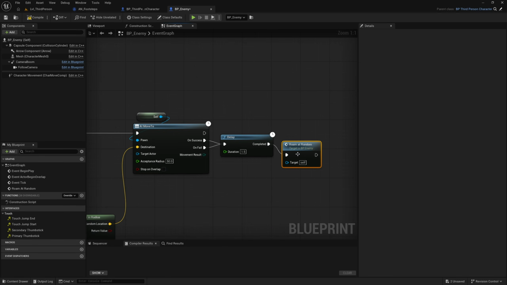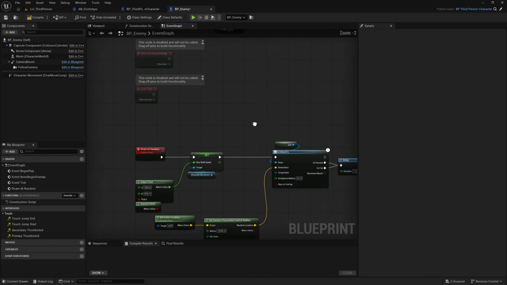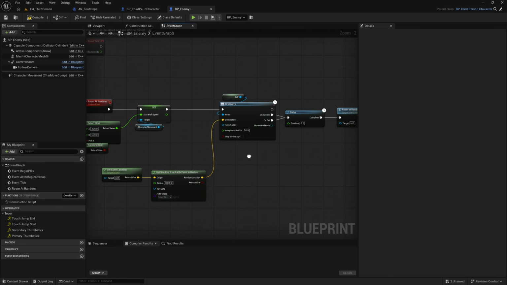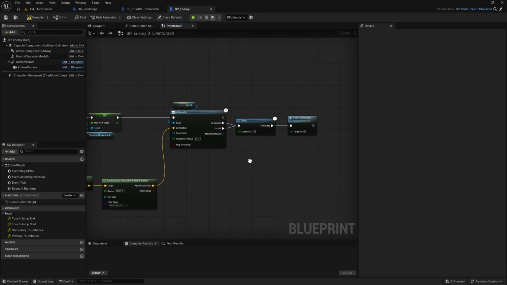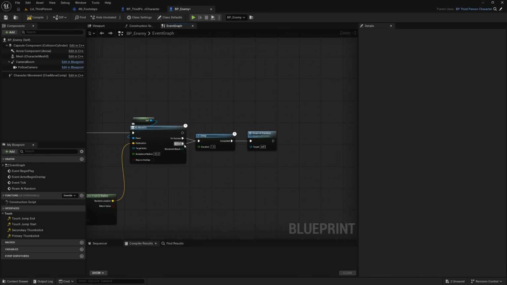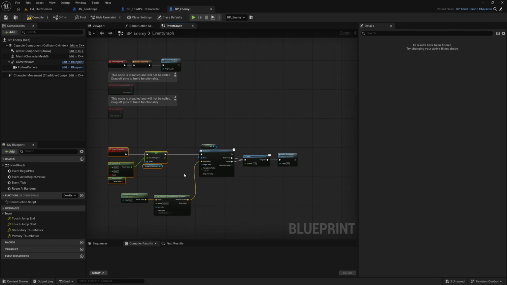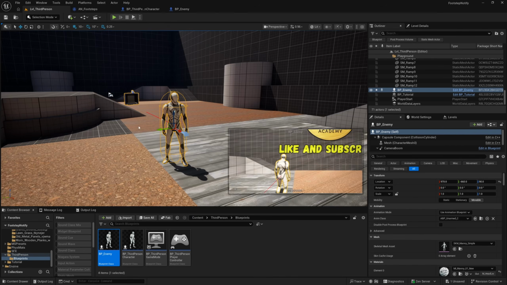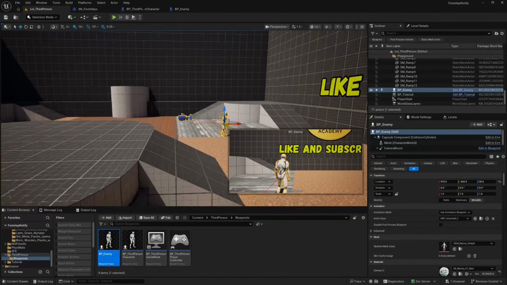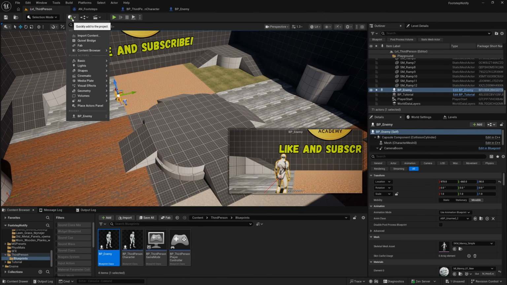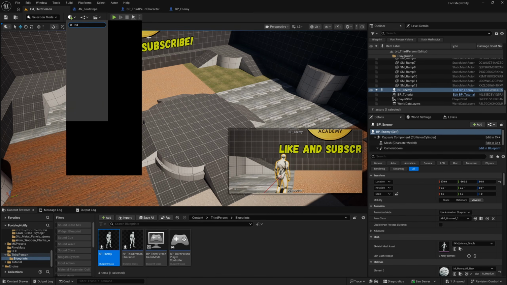Roam at random. So on begin play, our AI will choose a random walk speed, walk to a random location, and once it reaches it or fails to reach it, it will wait 1.5 seconds, and then it will do it all again and walk somewhere else. And the only other thing that we need for this to work, I'll compile and save that, is a nav mesh bounds volume. So we'll click the cube plus icon up here, and we'll search for nav and get a